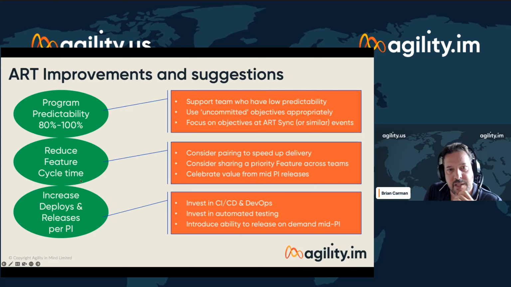In terms of the cycle time, getting teams to work together, sharing features across teams, getting those mid program increment releases out to release the value. And to support that, if we invest in continuous integration, continuous delivery, and DevOps type systems, we can have more frequent releases. Automated testing helps us with more frequent deployment and releases. And encouraging people not to think about a program increment as a big batch of stuff that gets delivered at the end, but where we have the possibility to add multiple releases as we go through. So those are the kind of metrics and kind of improvements